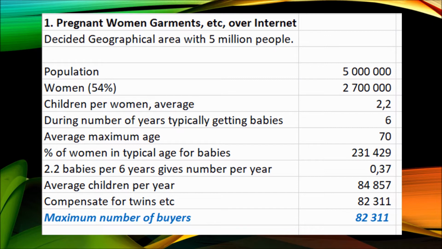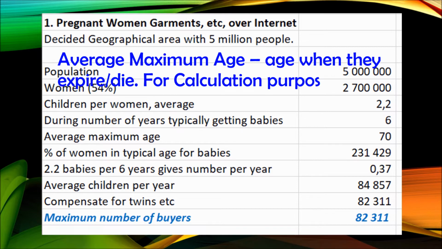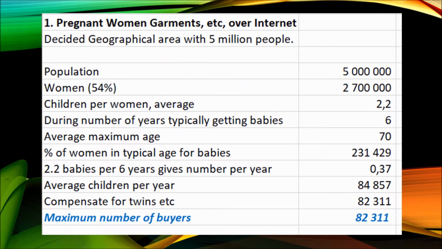During a number of years, they typically get children during a 6-year period. So from the first to the last child should normally be within 6 years. There will of course be some who have more and some who have less, and those who only get one will be shorter. But this is a calculation number which we needed. And the average maximum age of these women, we say, is 70 years. Some will be older, some will be younger. And the percentage of the women who are in the typical age for being able to have babies, they say, is